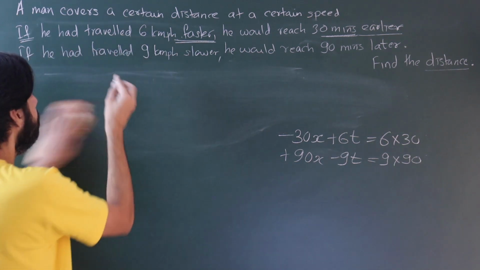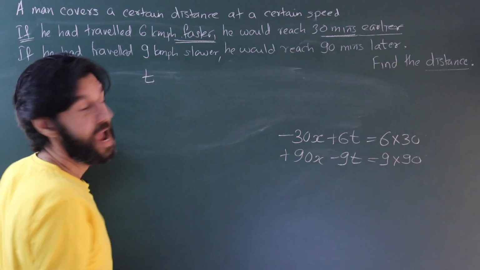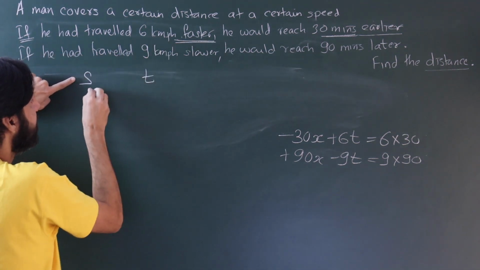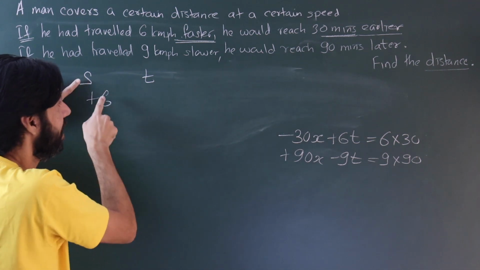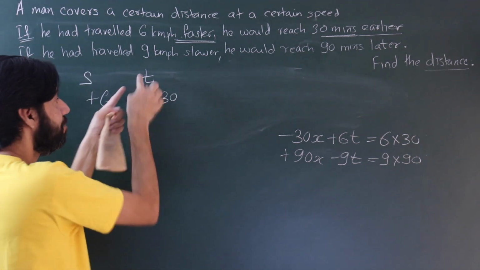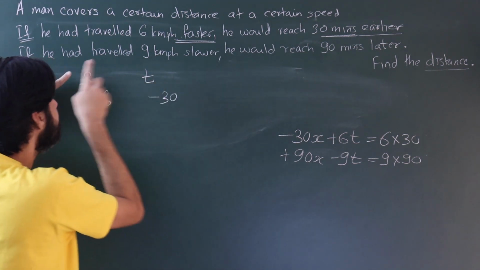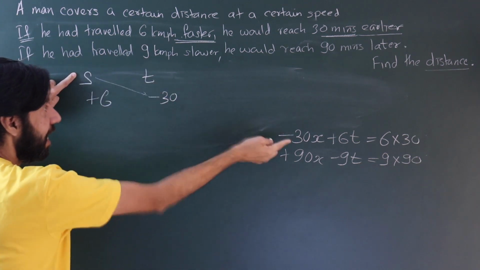Yes. So you know that there is speed, and you know that there is time. Okay, and you know that speed increases by 6, so the 6 is in a bracket with s. Just imagine it, don't write everything. And this time reduces by 30. This 30 is in a bracket of t. So this s will get multiplied with the other one. Remember this way. So can I write that directly?